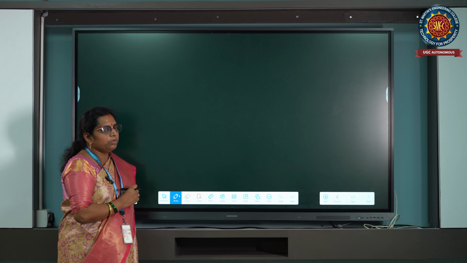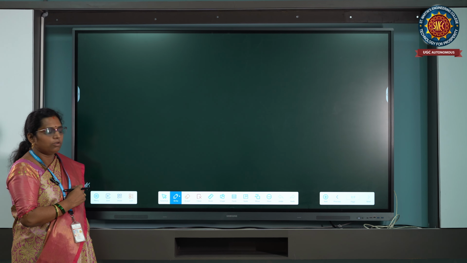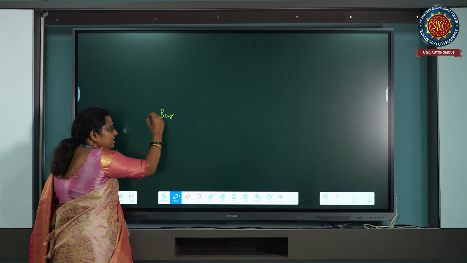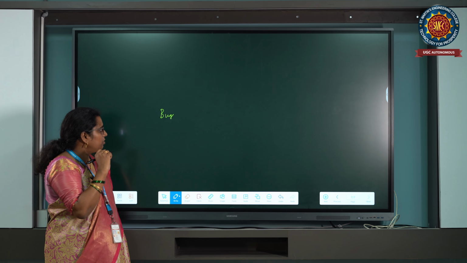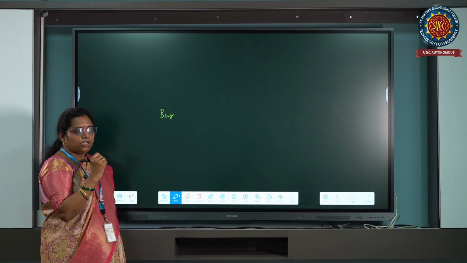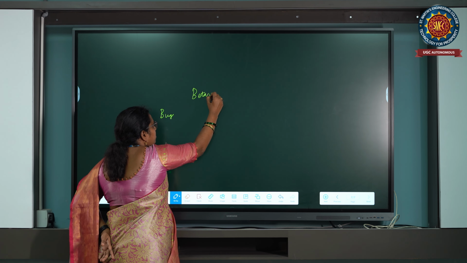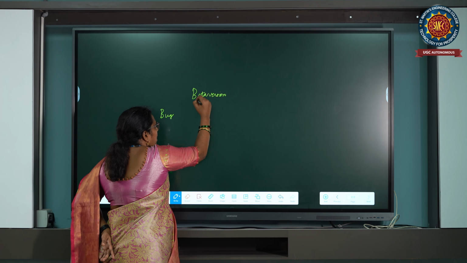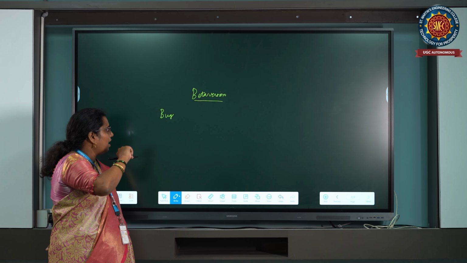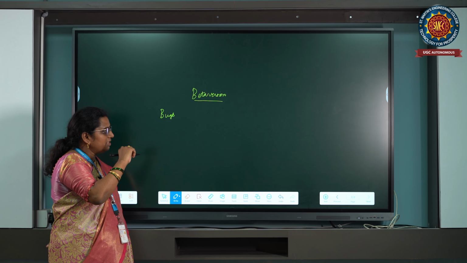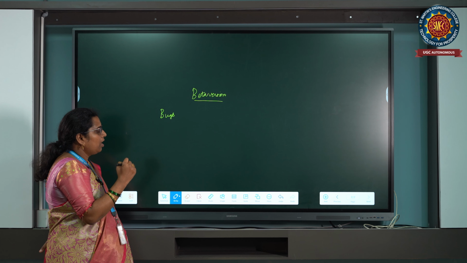Now what they're going to do in the release and maintenance phase, as I already told you all, if there are any bugs, right? First they are going to release it into the market. After releasing into the market, the beta versions are released, right? Beta versions are released and they are going to check it. After checking, if there are any bugs or any loopholes in the product or the project,